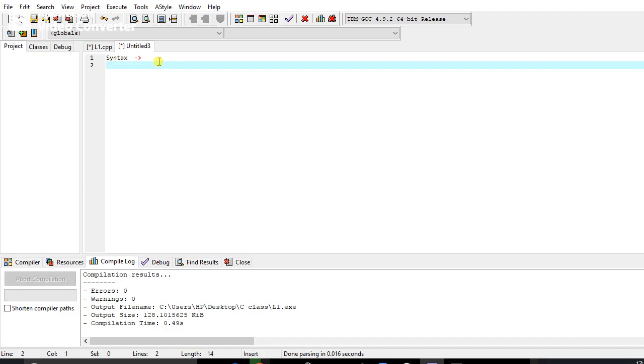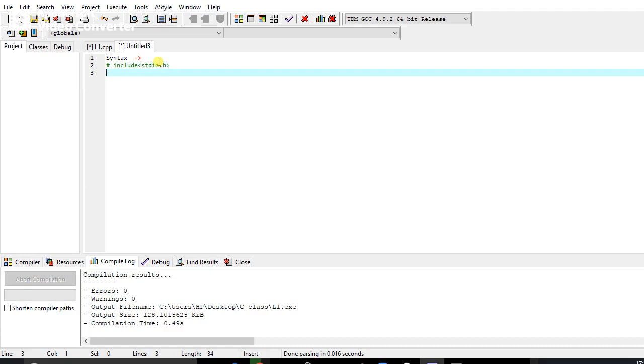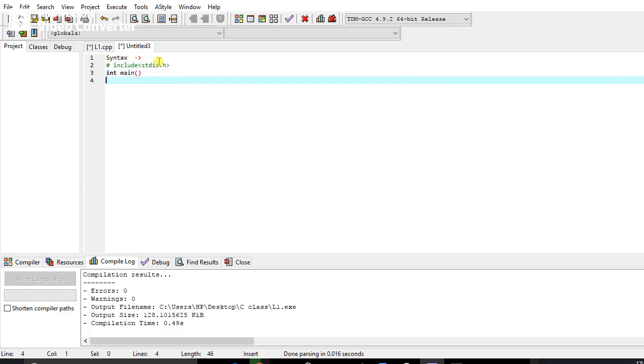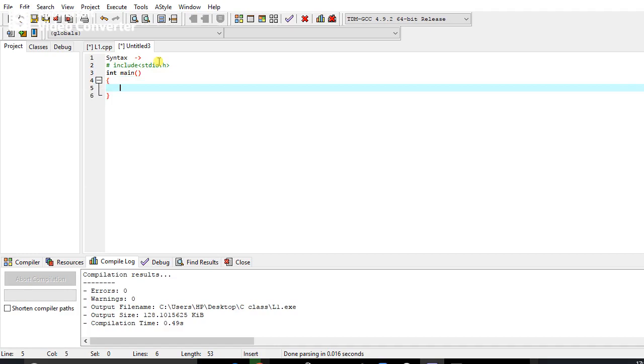Its syntax is: in the first line we use #include <stdio.h>, then the main function, int main, with curly braces open.